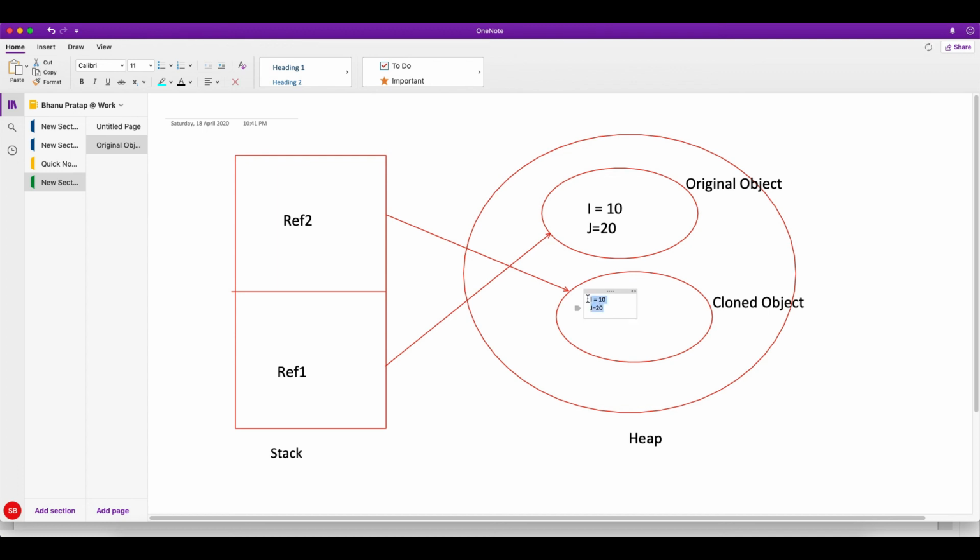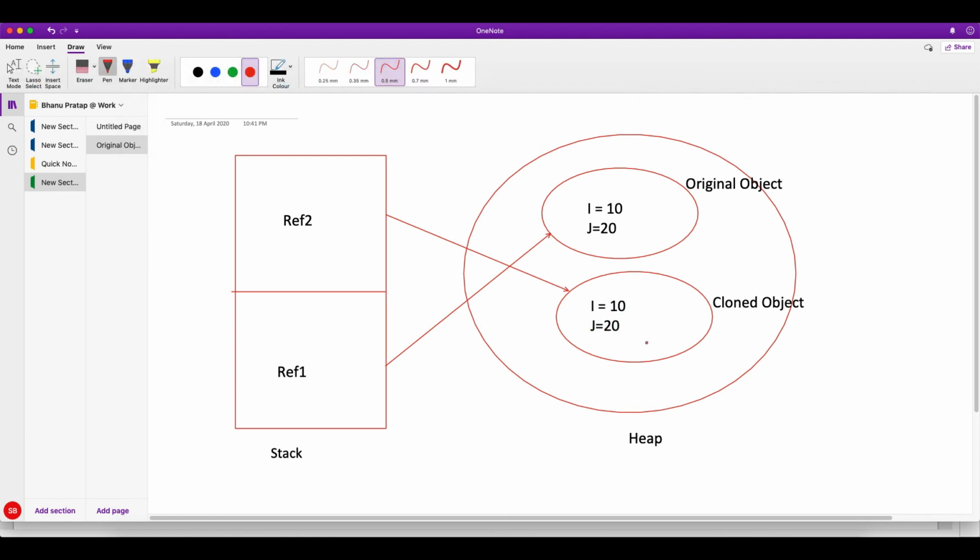Since no reference is copied, both the cloned and the original have their separate copies. When you change the data here, it has no impact on the original, and when you change data there, it has no impact on the cloned. That is the reason you get a deep copy here and the data manipulations will not spill over. Though HashSet clone always gives you a shallow copy, in these situations you get a deep copy.